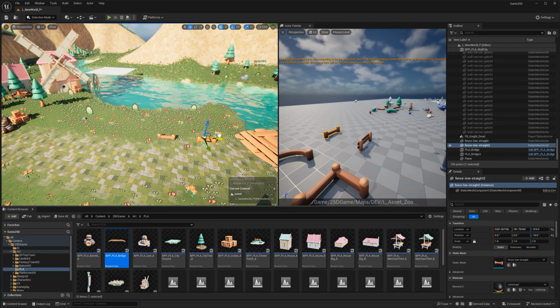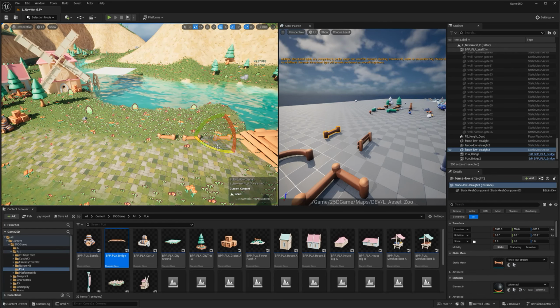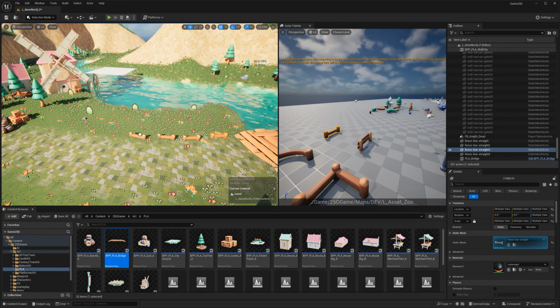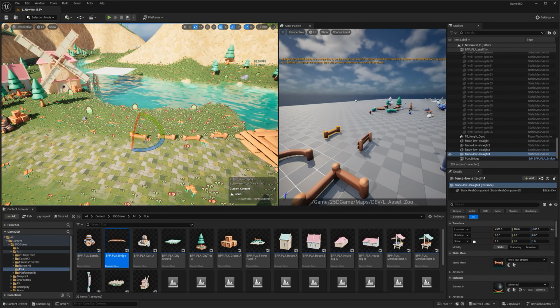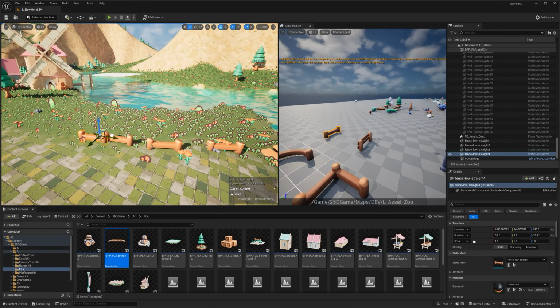Just position, alt click and drag. And you can put one here and there, or you can just keep going, boom, another one there. Another one here. You could make a blueprint tool that's a spline and just make everything there. But for this, I just want small details essentially.